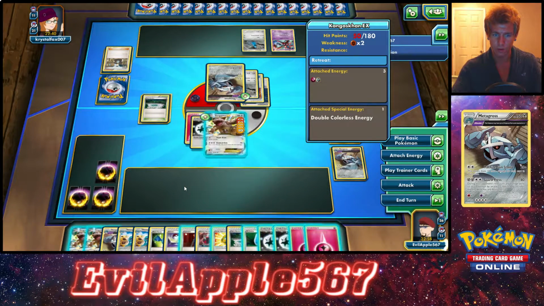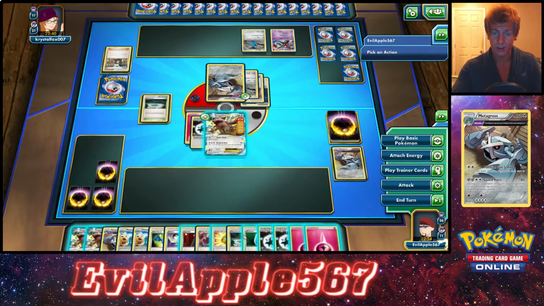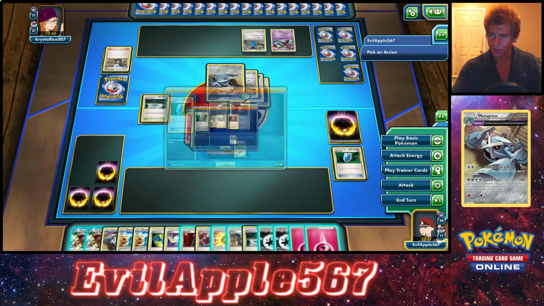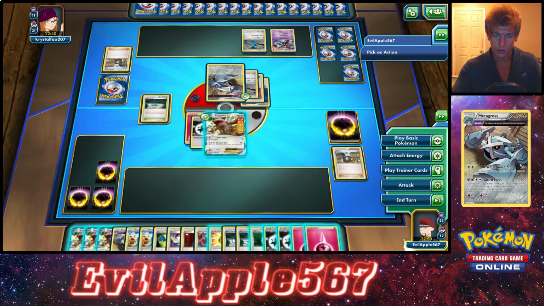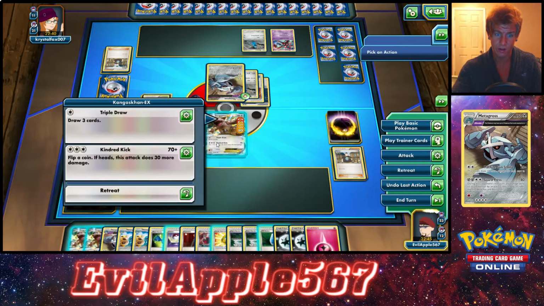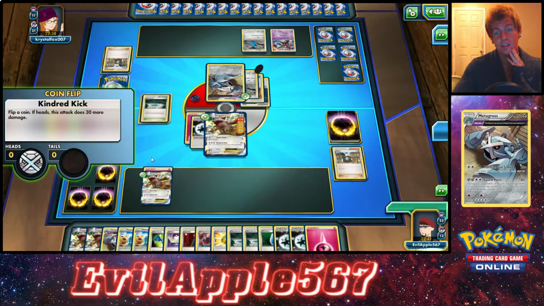What am I gonna do here? I don't have a Fan Club or anything, so I think I just have to Tierno. But where are my other Beldums? I mean, I have a lot of cards left, so... Yeah, this is not too good. So I'm gonna have to put this down, put a Fairy Energy on the Kangaskhan, and then Kindred Kick. I'm gonna have to get 1 heads on these next 2 attacks, so...